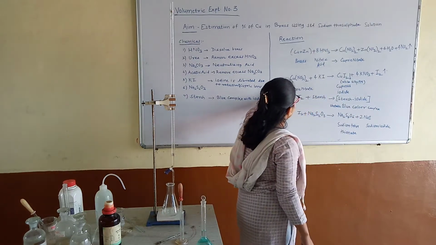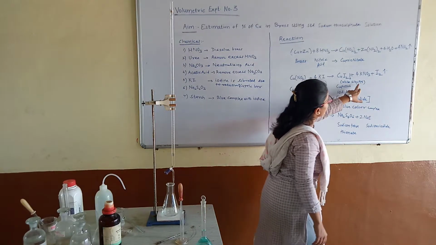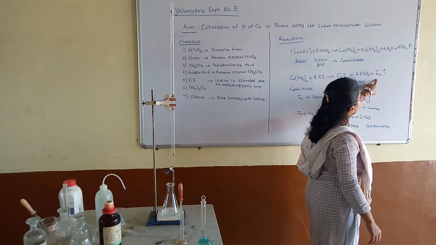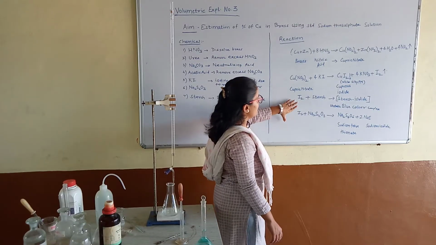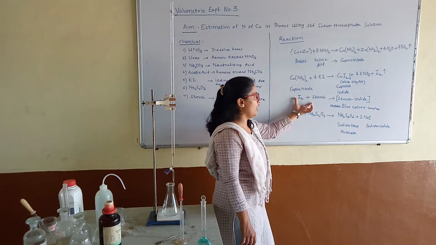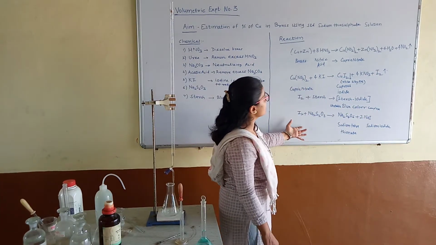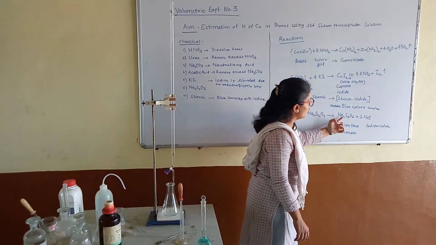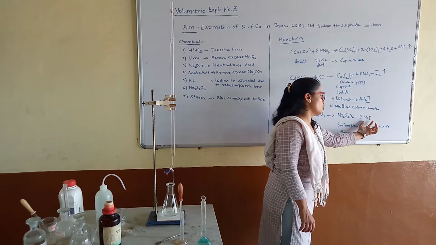Second, cupric nitrate. After that, what happens? Cupric nitrate plus 4KI gives a white silky precipitate, cuprous iodide, plus KNO3, and I2 is evolved. In the third stage, I2 plus starch gives starch iodide, a combination of iodine and starch. It is an unstable blue color complex. And the last reaction: I2 plus Na2S2O3 gives Na2S4O6, sodium tetrathionate, plus 2NaI, sodium iodide.